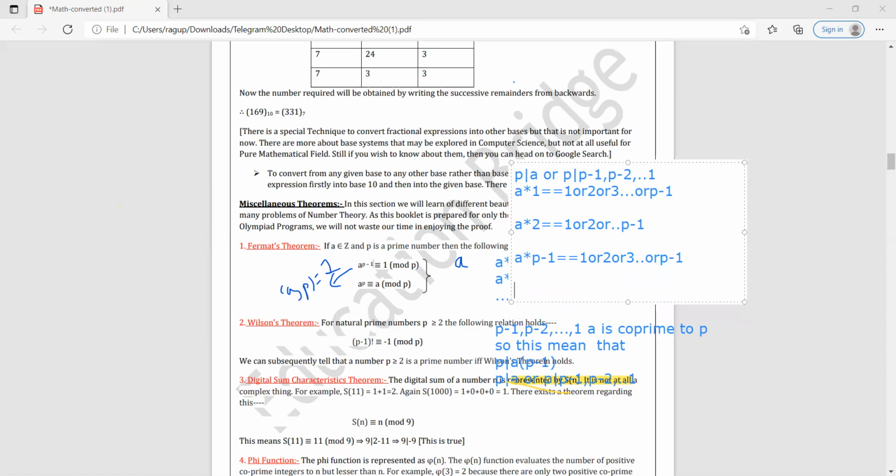So how will we prove this? We'll do this by contradiction. For sake of contradiction, FSOC, we'll assume that they both have the same remainders. Then a into x is congruent to, let's say, r1. Then there also exists another number which is congruent to r1. Let's say that is possible. So we will have that a into x minus y is divisible by p.